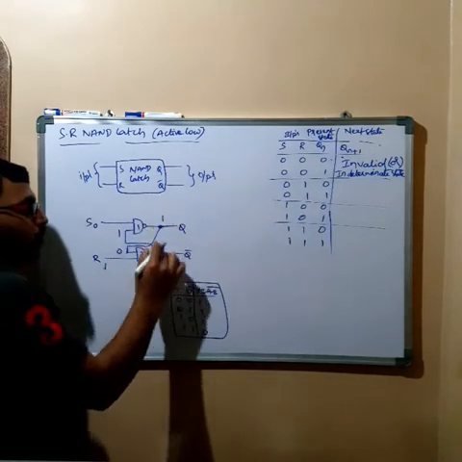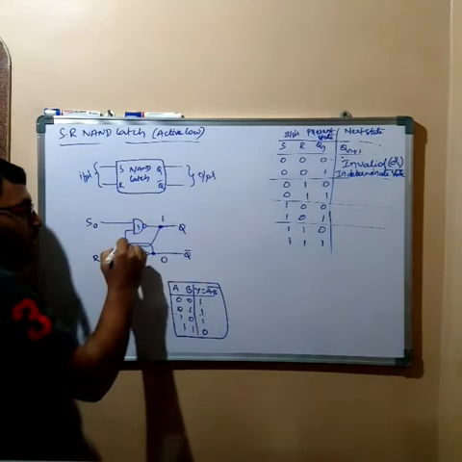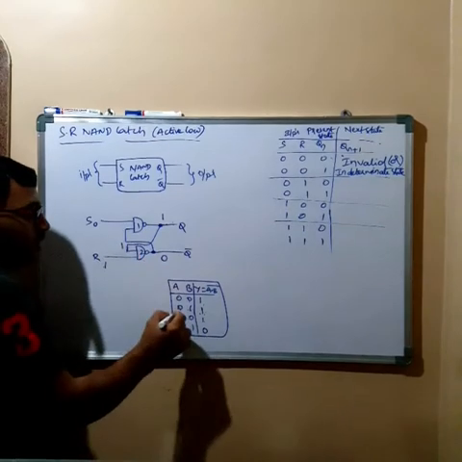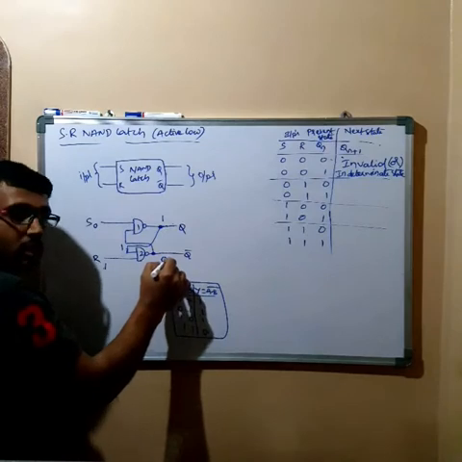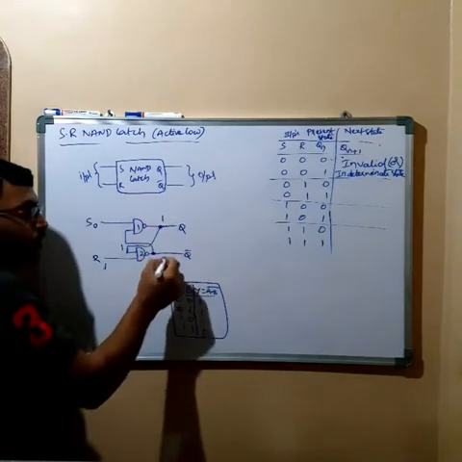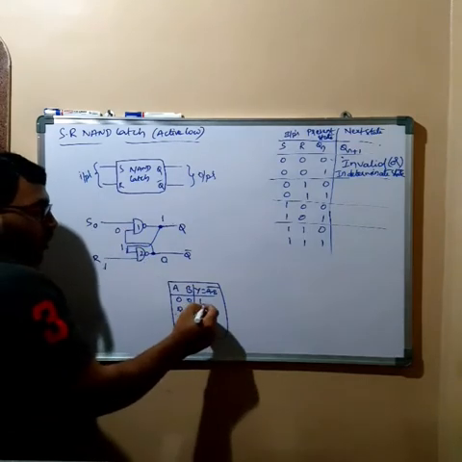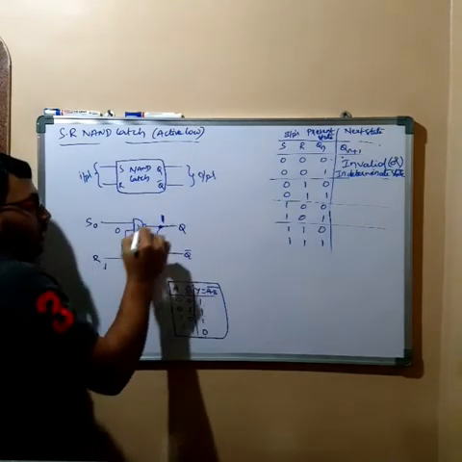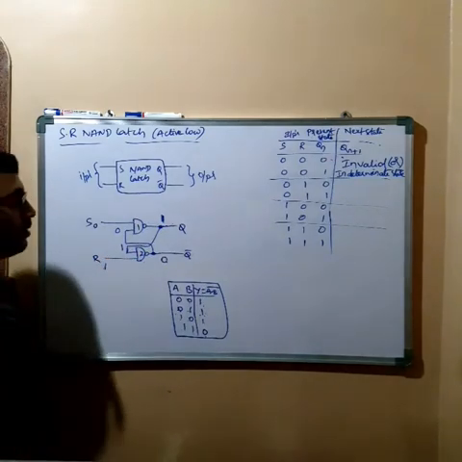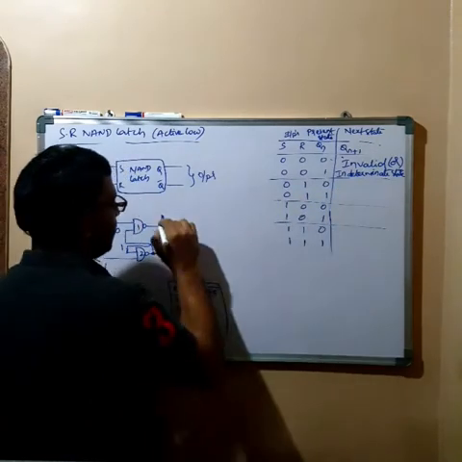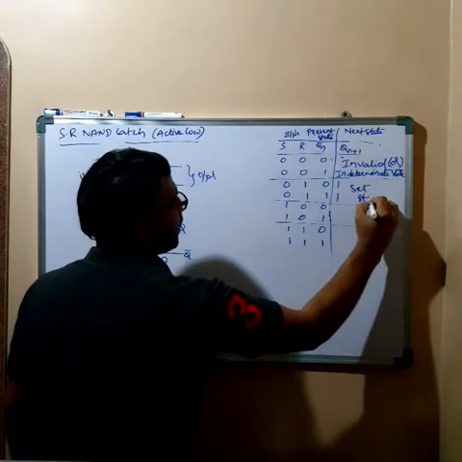Let us see the next case by assuming the past output as 1. The complement of this is 0. 1 appears here, 1 1 will be 0, 1 and 0, both are correct. This is the true output and complemented output. This 0 appears here. If you apply 0 0, the output of the NAND gate is 1. So this is valid. You can write this as 1 1, set. You can call this the set state.